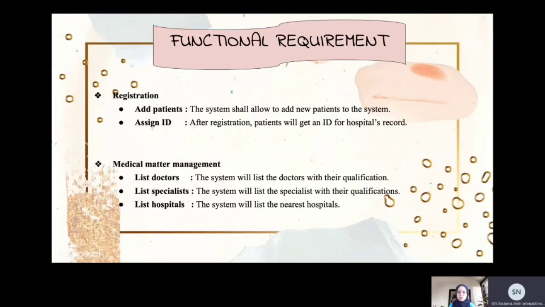Next, list specialists. The system will list the specialists with their qualification, so the patient also can choose the specialist to treat their illness. And last one is list hospital. In the list of hospitals, the system will list the nearest hospitals, so that the patient can choose which hospital they want to go to.